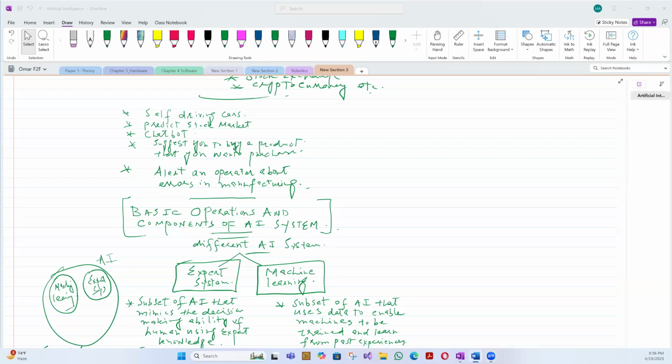So we were discussing the AI and the types of AI. There are two types of AI. By the way, there are a lot of types of AI, but in your syllabus, we discussed expert system and machine learning. Then we learned about the expert system. Then we discussed its advantages and disadvantages,